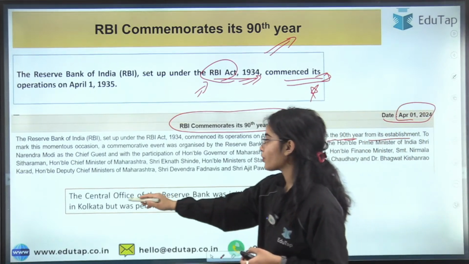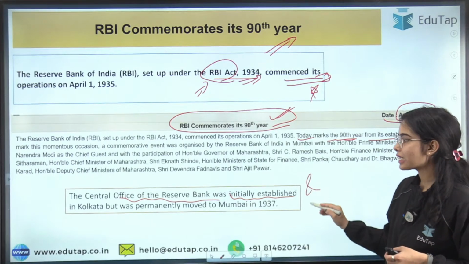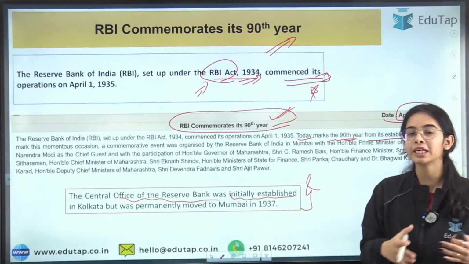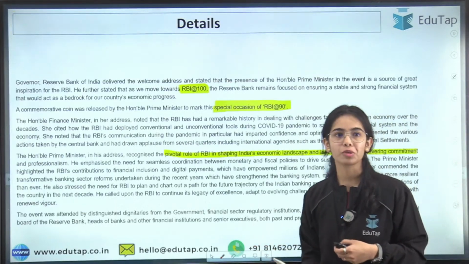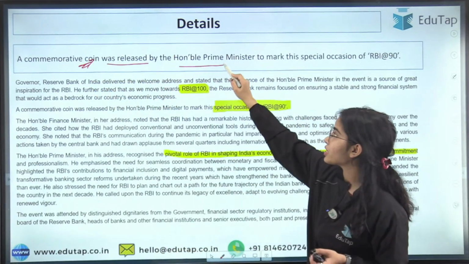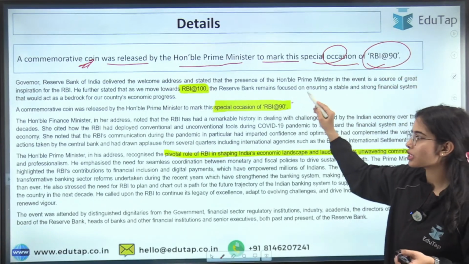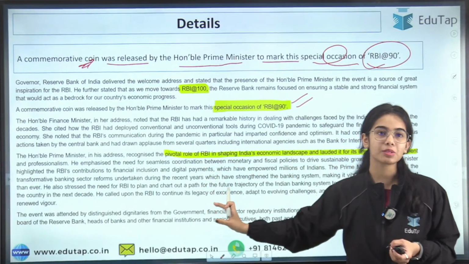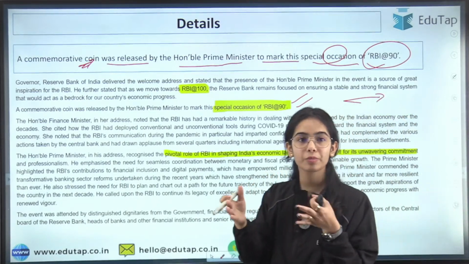Now, the central office of the Reserve Bank of India was initially established in Kolkata. I hope many of you know that the central office of the RBI was initially in Kolkata, but it was then moved permanently to Mumbai. Okay, so remember this also, this is important information regarding the RBI. Now a coin was released by the Honorable Prime Minister to mark the special occasion of RBI at 90. On this occasion the Honorable Finance Minister and the Prime Minister gave speeches, and now Jaskaran sir is going to bring